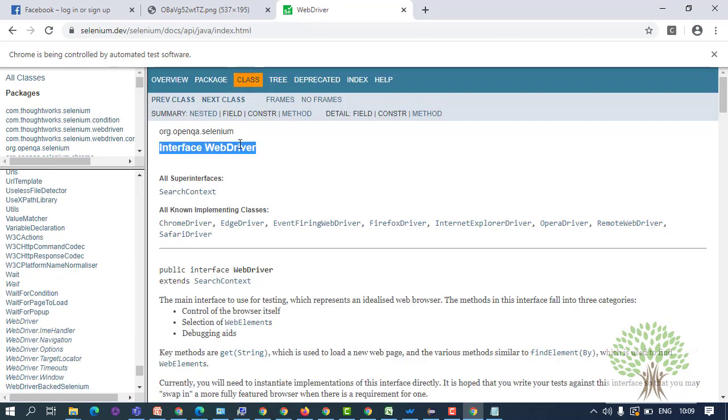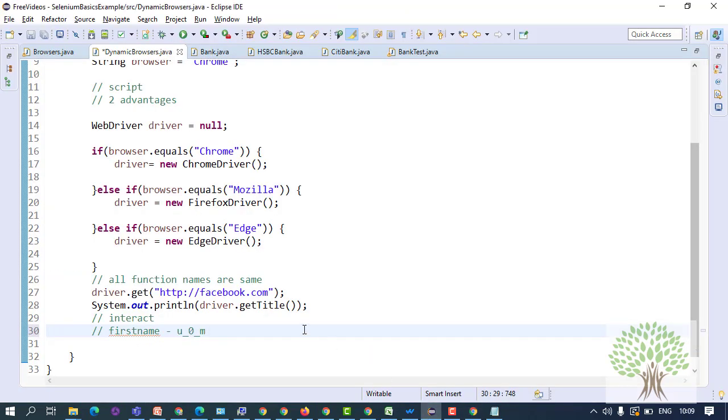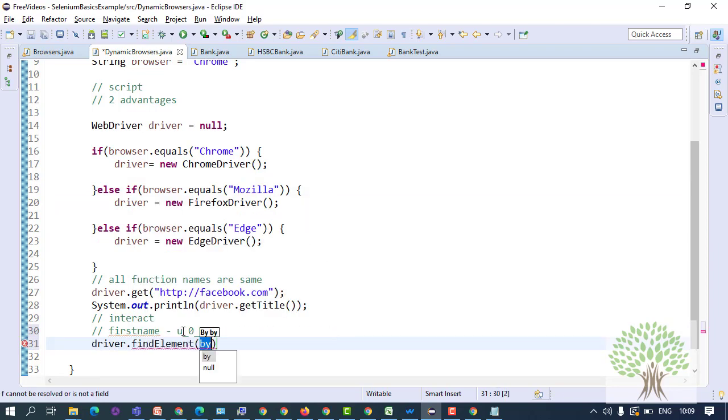In the interface WebDriver there is a function known as find element, which will find an element on the web page. So this function is in the WebDriver interface, so this will be there inside all the implementing classes. So over here you can come and say driver dot find element.